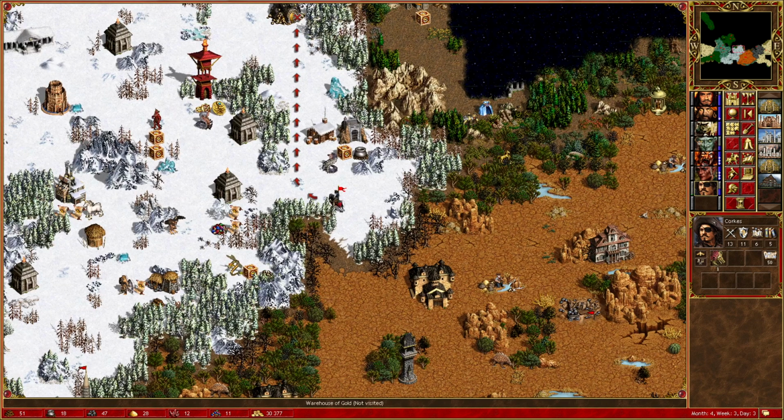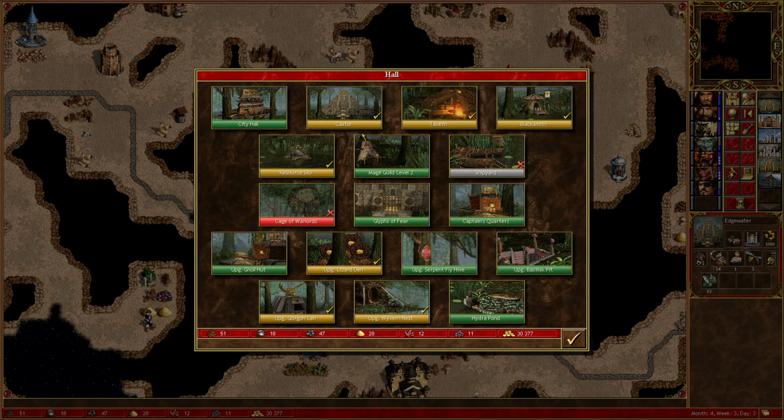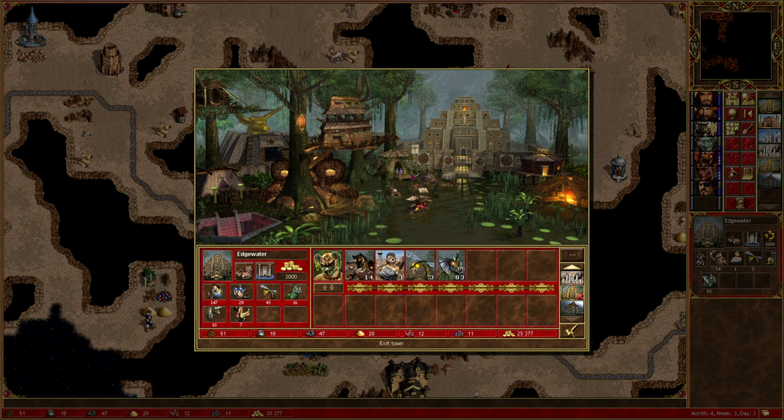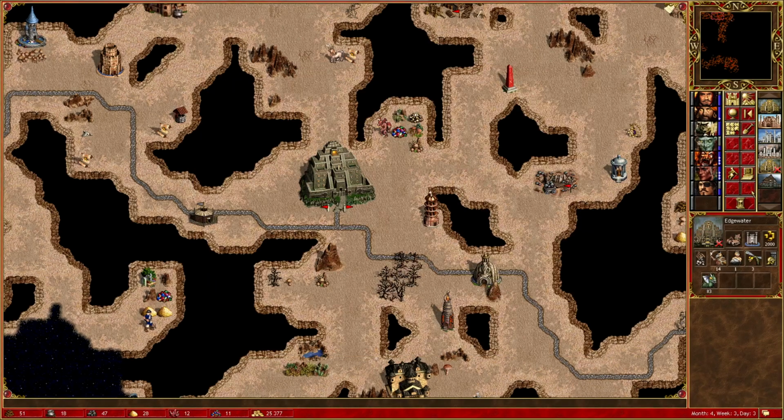And we might as well visit this warehouse on the way. Why not? Okay, and we've got a little bit to build up still in our other towns, so let's build the city hall. And the only other thing that we really desperately want here is the Hydra Pond, but I'm not that bothered actually about Hydras. They're a pretty slow unit that ends up being an annoyance a lot of the time rather than a help, so...